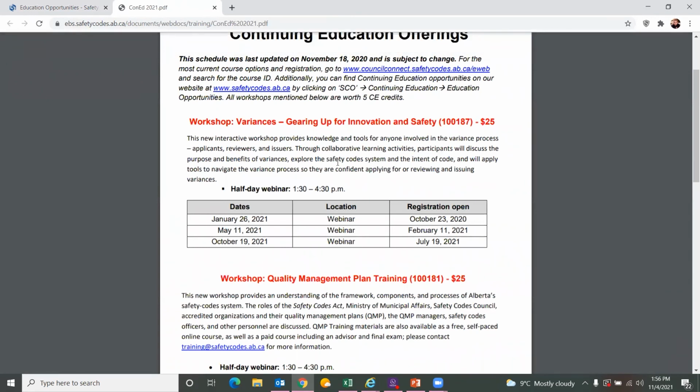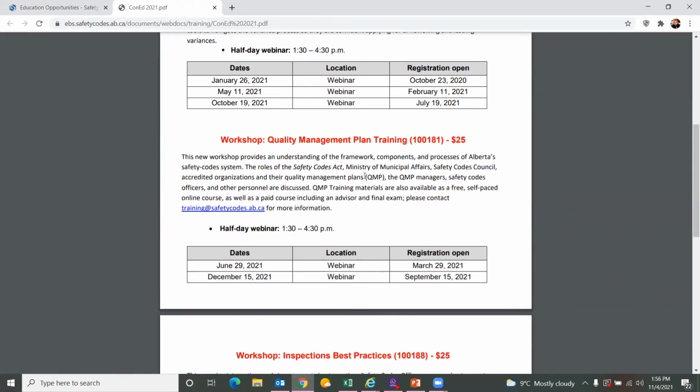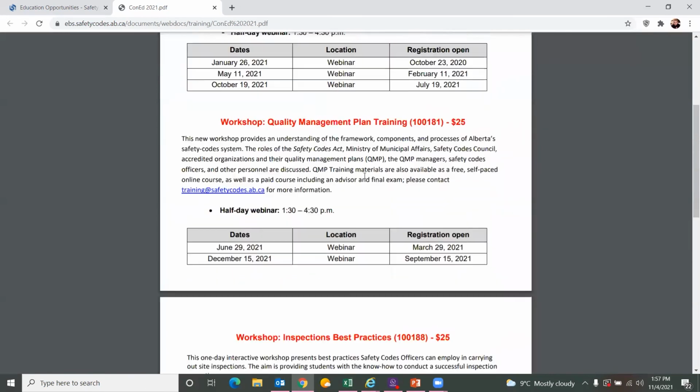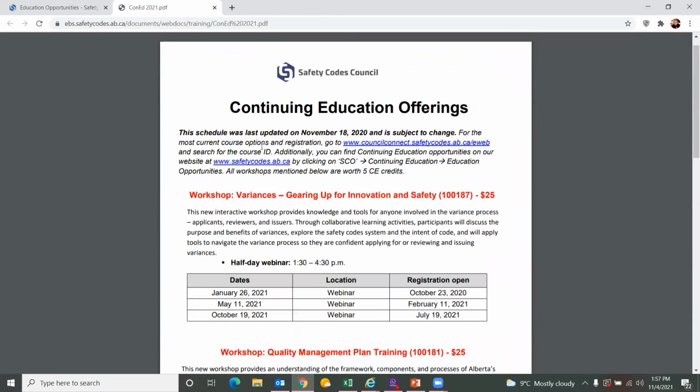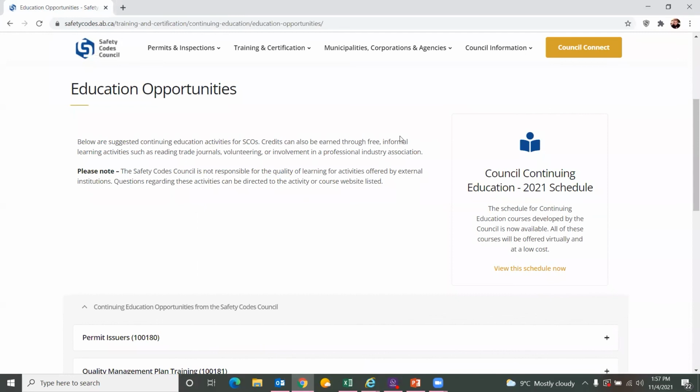They're all $25, so they're all low cost. And you can get a general overview of what courses we're offering. If you feel like any of those workshops is something that you're looking for, just keep in mind that in 2022 they're all going to be offered again. The price will probably be the same. So at this point, you're really choosing what is interesting for you. If there's anything that we can offer you, it's all going to be offered.